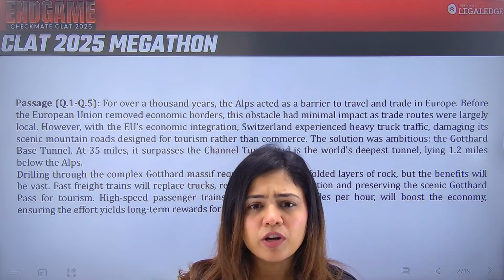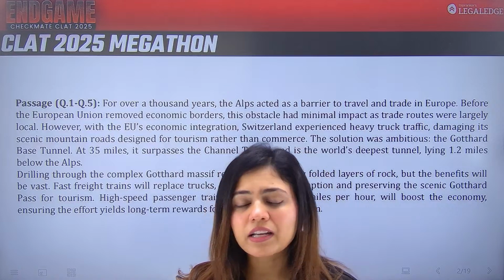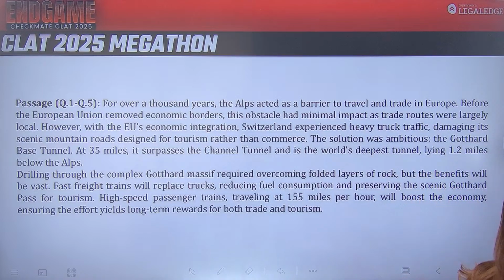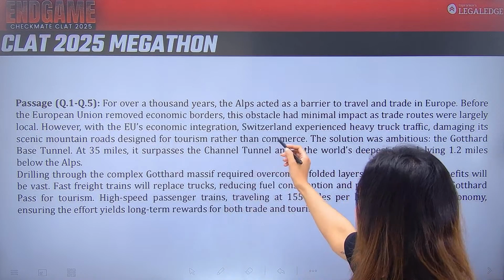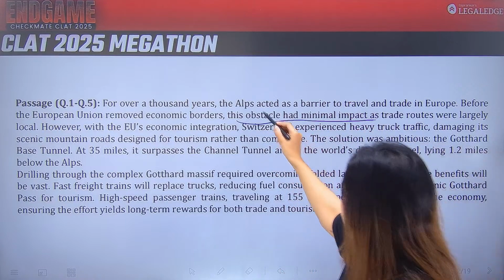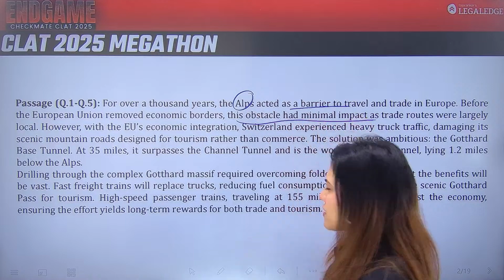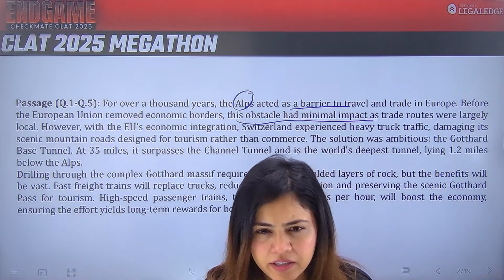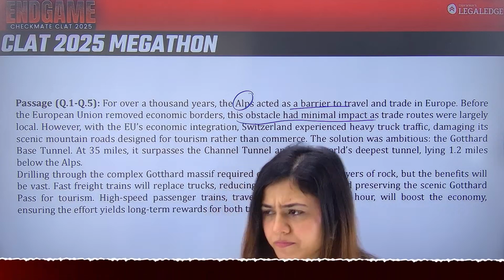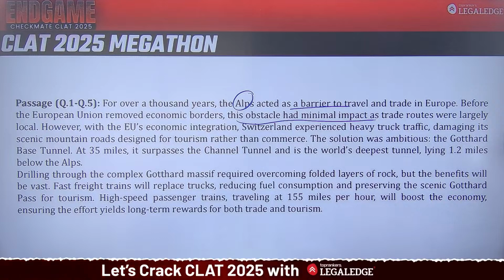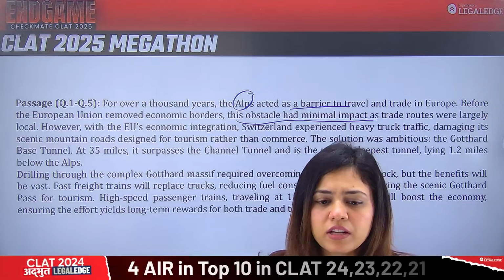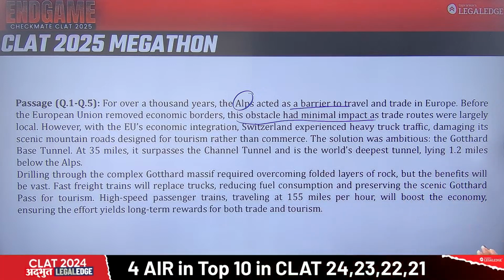The European Union decided that they want to lift the borders so that they can facilitate easy trade. उससे पहले कोई ऐसी problem आती नहीं थी trade करने में because as you can see here, this obstacle had minimal impact. यानी कि ये जो Alps acting as a barrier, इसका कोई इतना खास impact नहीं पड़ रहा था trade पे, क्योंकि most of the trade was local. ठीक है? So it was done locally. However, with the EU's economic integration, जब EU ने decide किया कि अब हमें borders lift करनी है, तो Switzerland suddenly experienced